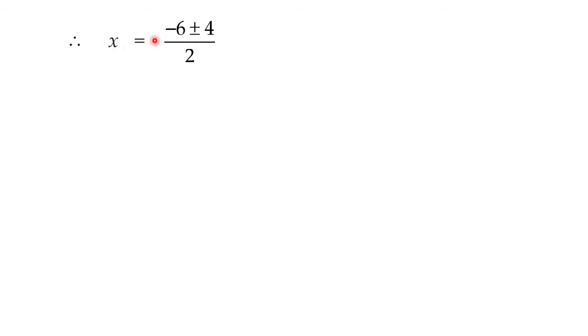See, x is equal to minus 6 plus or minus 4 upon 2, because here we were having root 16 and the value of root 16 is plus or minus 4. Now after this we have to go for either or. We need to separate this. Once we are going to take the plus sign, once we are going to take the minus sign. As I have told, in a hurry don't cancel this 2 with 6 or 2 with 4. You cannot do like that. These two are the terms which are bound to each other with this symbol, so you cannot separate them here.